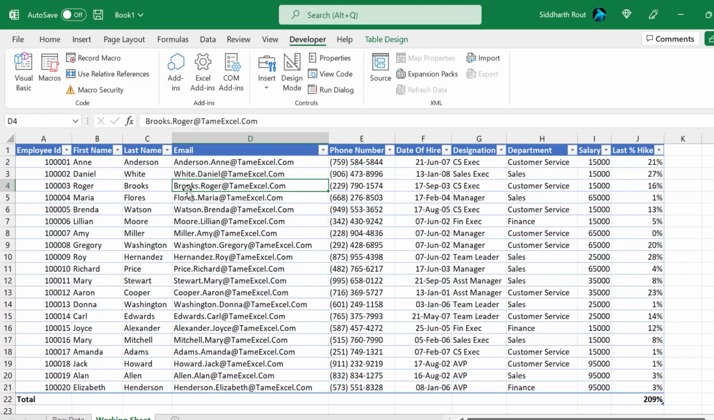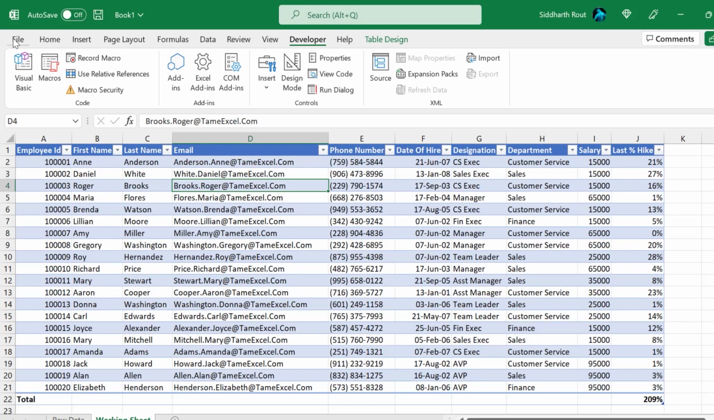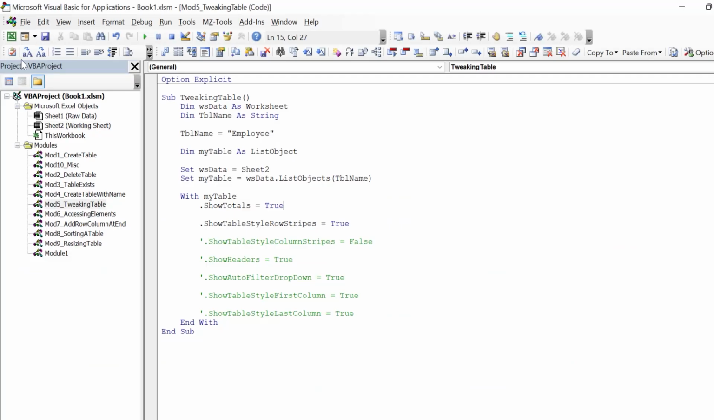So let's set it back to true because it looks really nice with banded rows. So I'll change this to true and I'm going to run this again. So if you go back, you'll see that the banded rows are back in the table. Just like you can enable banded rows, you can also enable or disable banded columns. The property for that is